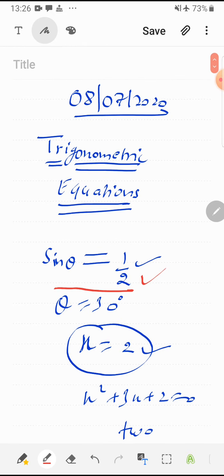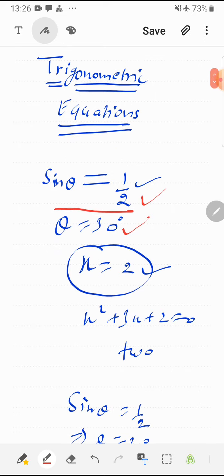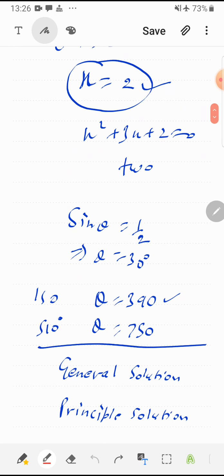Now obviously, what is the scope of trigonometric equations? We will try to solve and find the angle which is unknown in the trigonometric equation. If we compare a trigonometric equation with an algebraic equation, if I write x is equal to 2, it has only one solution. If I write x square plus 3x plus 2 is equal to 0, that means a quadratic equation, it has maximum two solutions. But in trigonometry there is a different system. A single equation may have infinitely many solutions.